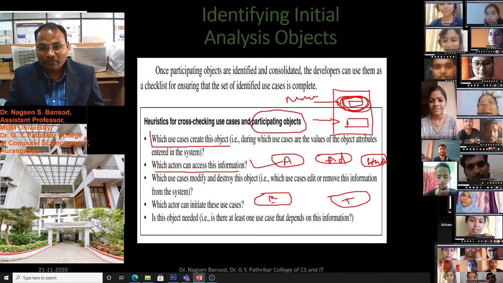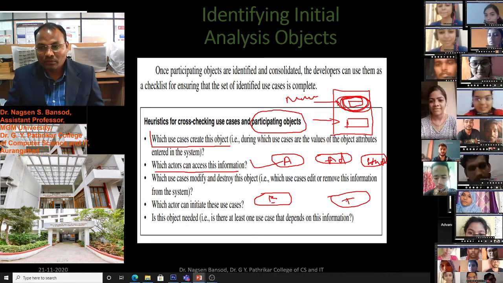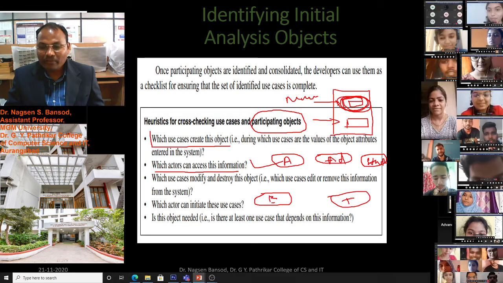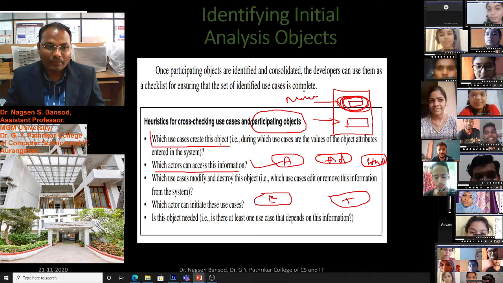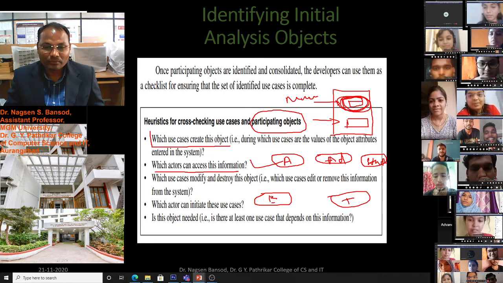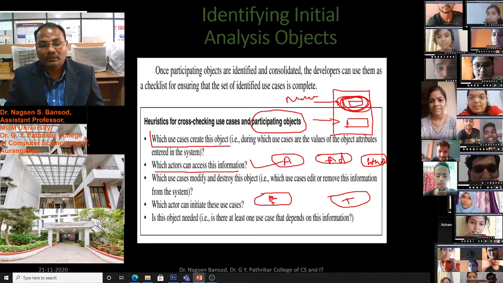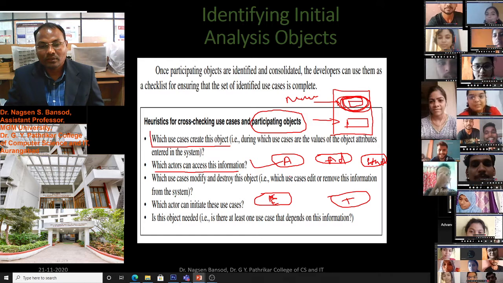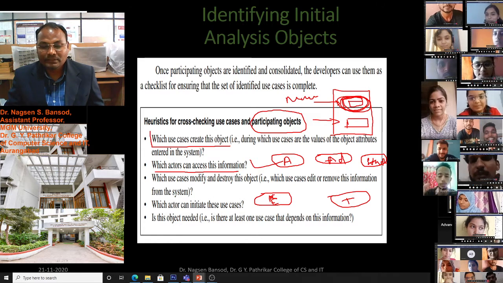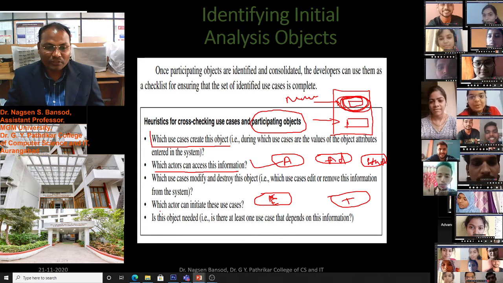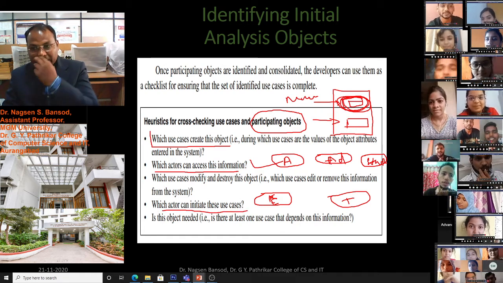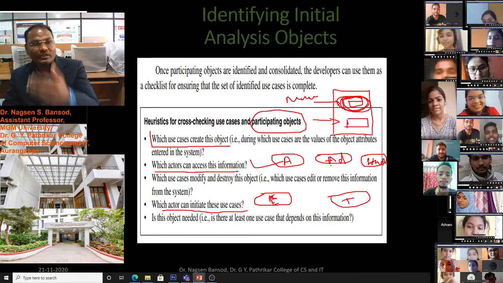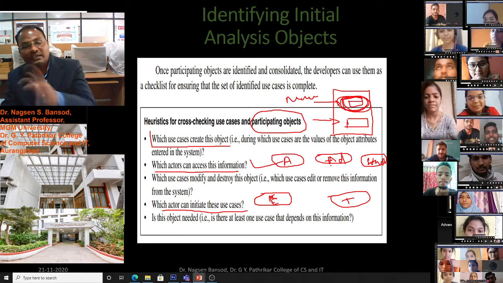A student wants to find the timetable information, or admission information, or application form information, or any other exam details. For this we have to ask the question: which actor can initiate these use cases, who will start these use cases, who will use these use cases first, and then that will be processed.